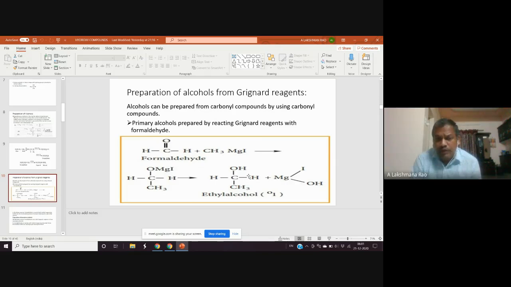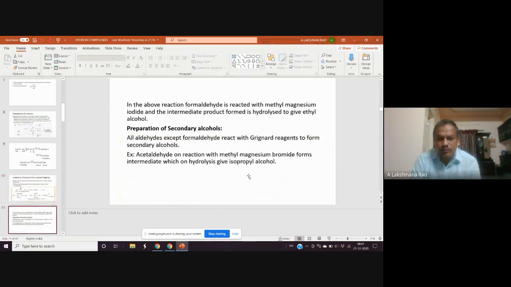This intermediate product undergoes hydrolysis to give ethyl alcohol. So from this we can say that only formaldehyde can be used for the preparation of primary alcohols. No other aldehyde is to be used for the preparation. Then how to prepare secondary alcohols? For the preparation of secondary alcohols, the Grignard reagent is to be reacted with